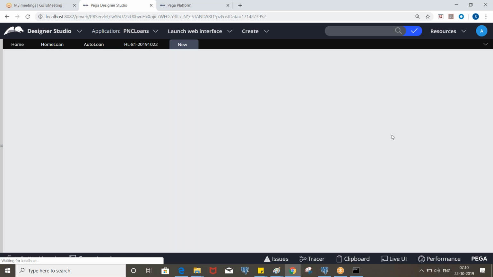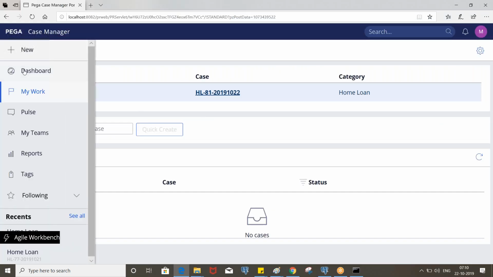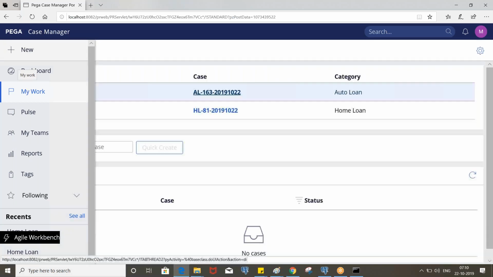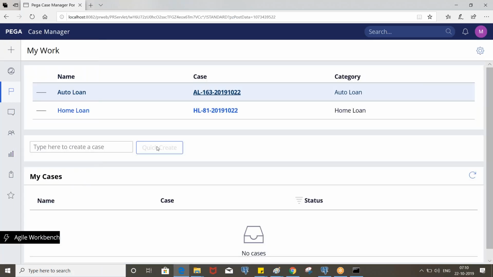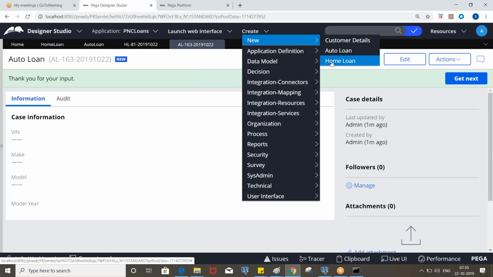Execute it. So let's refresh. Okay. So now auto loan assignment is getting displayed. So let's route again home loan.